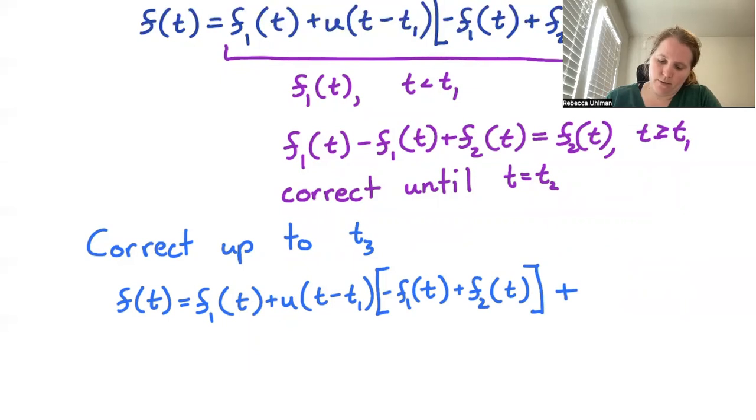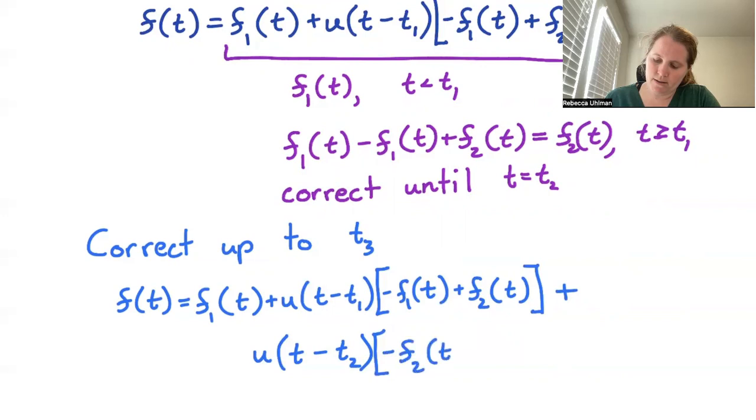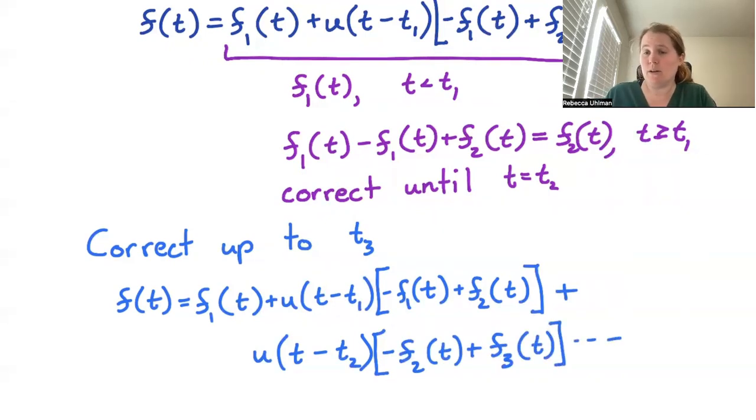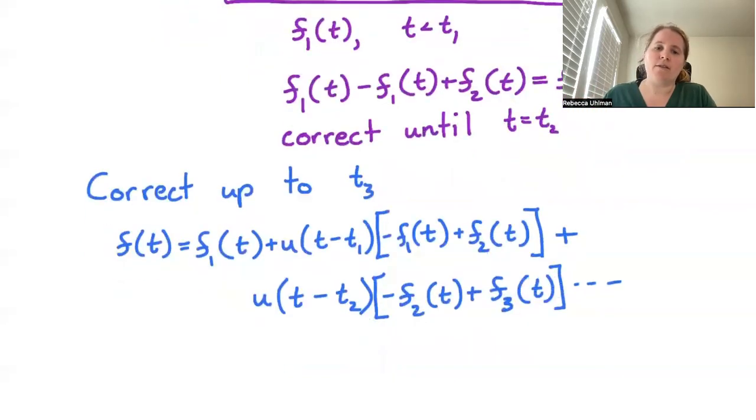So now we're going to have to correct it after t2. So we'll do u of t minus t2. That will not change things up to t2, but it will change things beyond t2. And then multiply that by negative f2 of t plus f3 of t. So remember, the old component was equal to f2 once we got far enough along. Now this will take away the f2 that we don't want and instead add an f3, which is our target. So now this will be correct